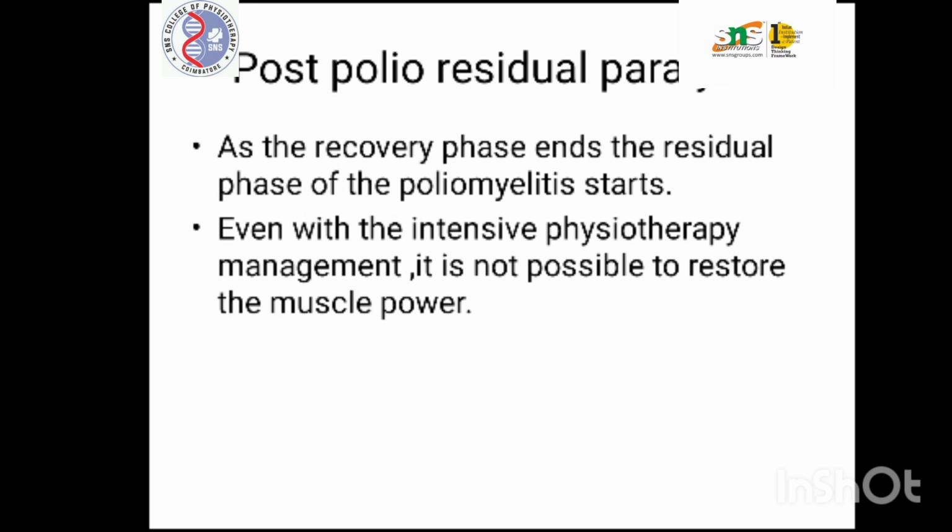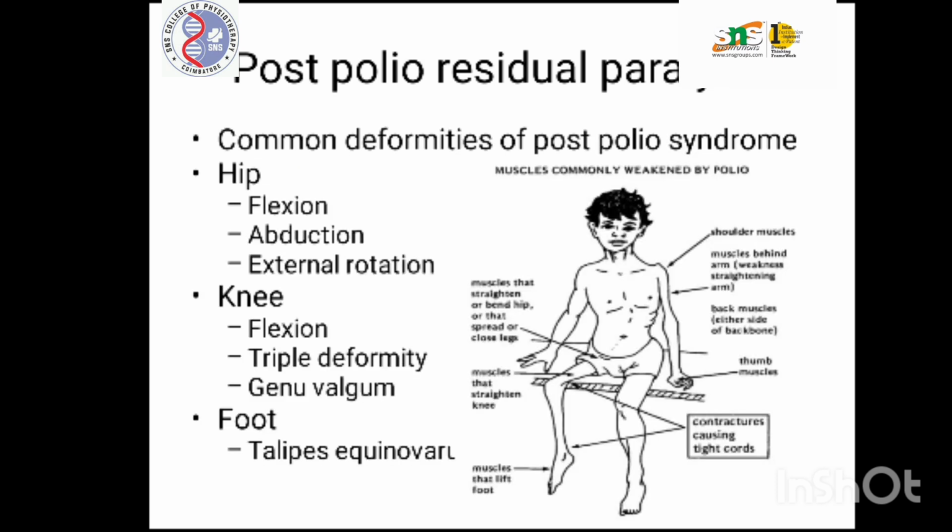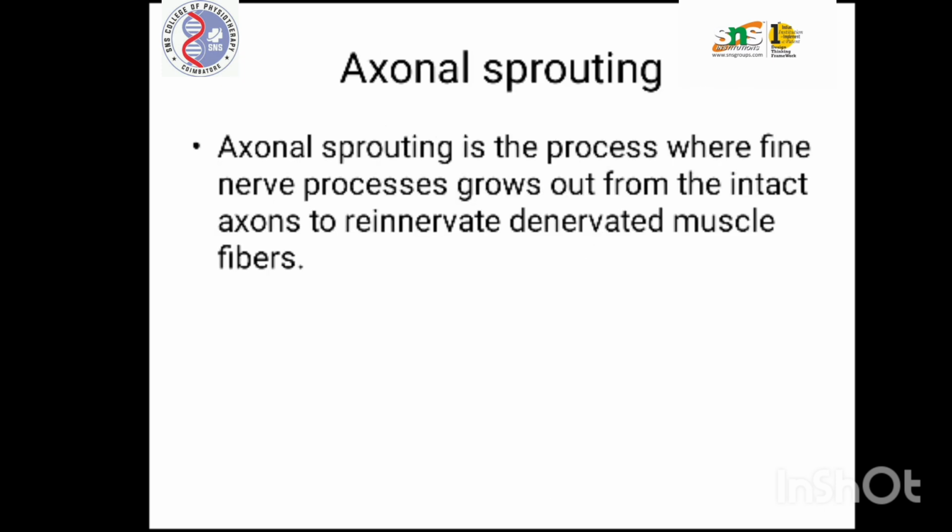As the recovery phase ends and the residual paralysis phase of poliomyelitis starts, even with intensive physiotherapy management it is not possible to restore the muscle power. Common deformities of post-polio syndrome: hip flexion, abduction and external rotation, knee flexion, triple deformity, genu valgum, foot talipes equinovarus. Axonal sprouting is the process where fine nerve processes grow out from the intact axon to re-innervate